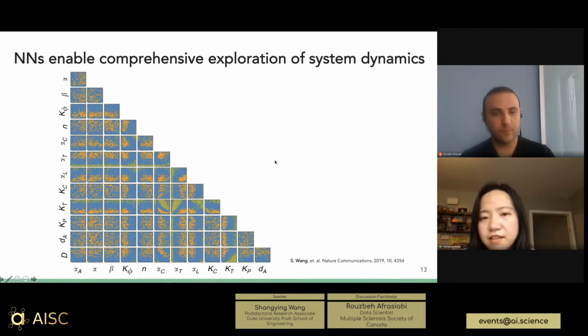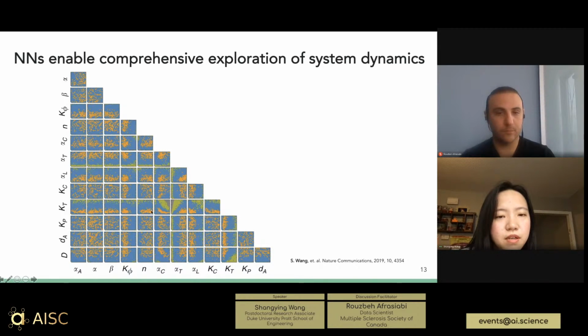Sorry, I didn't have the tag here. However, the orange dots mean the 3 ring patterns. Then you can see the 3 ring patterns need some specific parameter range, like a very small KT and a somewhat big domain range and some others.